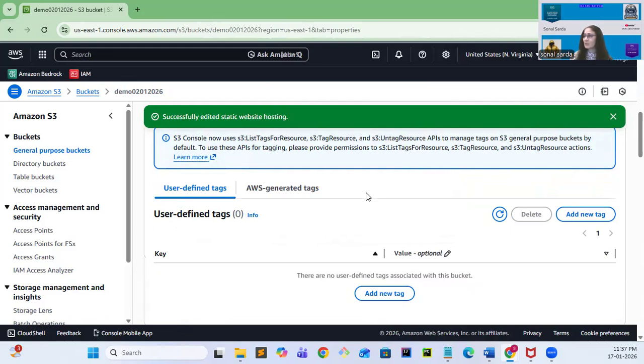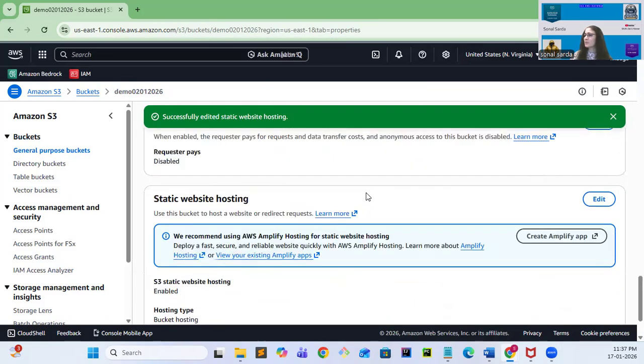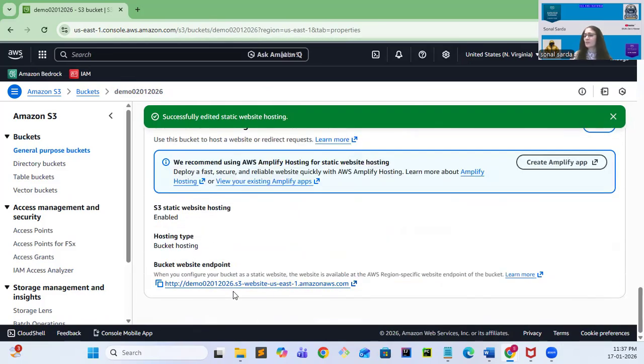Now I would want to get the URL of that. As I scroll completely down, here the URL is generated. Now have a look at this URL or the endpoint. In this you can see the bucket name, demo 02012026. So this is the bucket name, then s3-website, the region name and amazonaws.com.